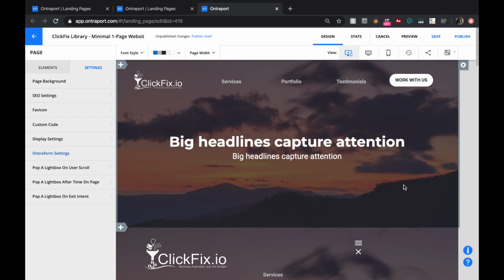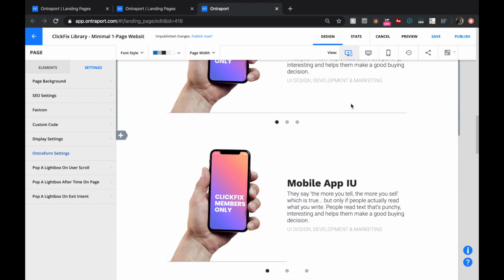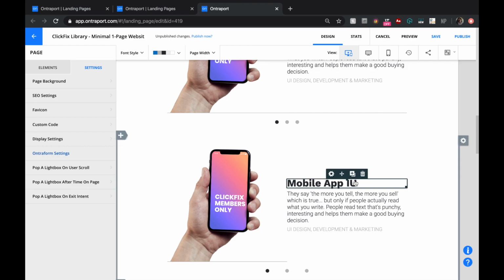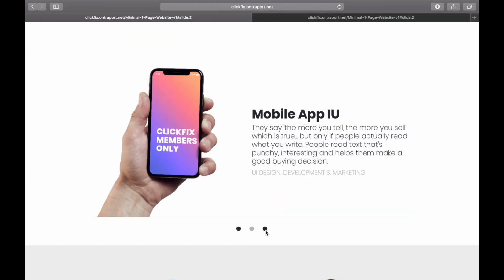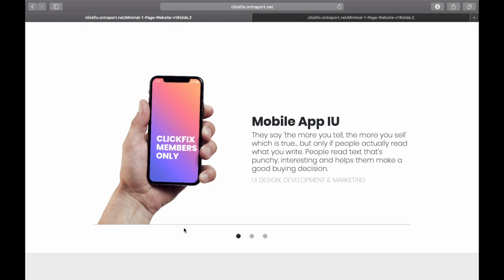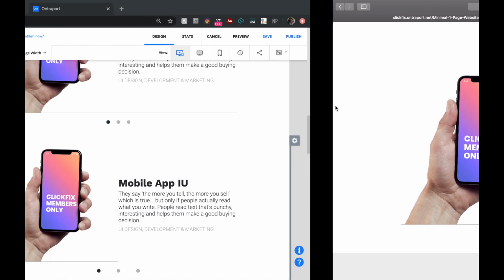I am using one of our templates from the ClickFix library for this video. So here you can see that you can switch between slides within the page. So you can use these buttons to switch between these slides, but there are multiple elements inside of this block. So there's a picture, there's text, there are buttons. So what I'm doing here